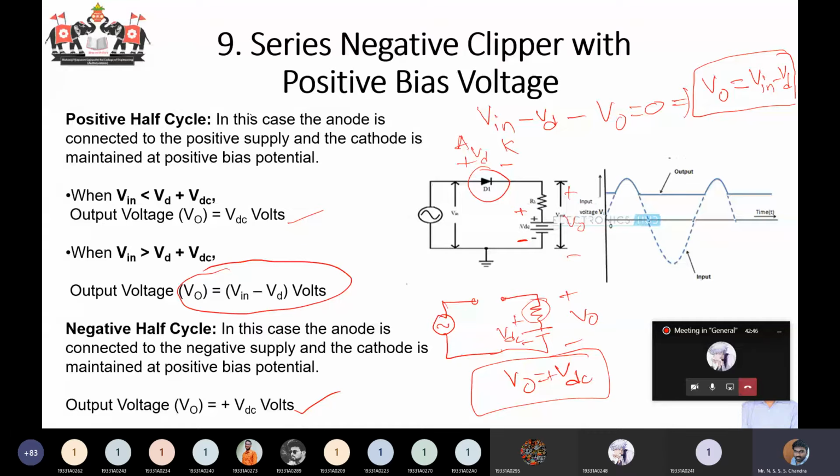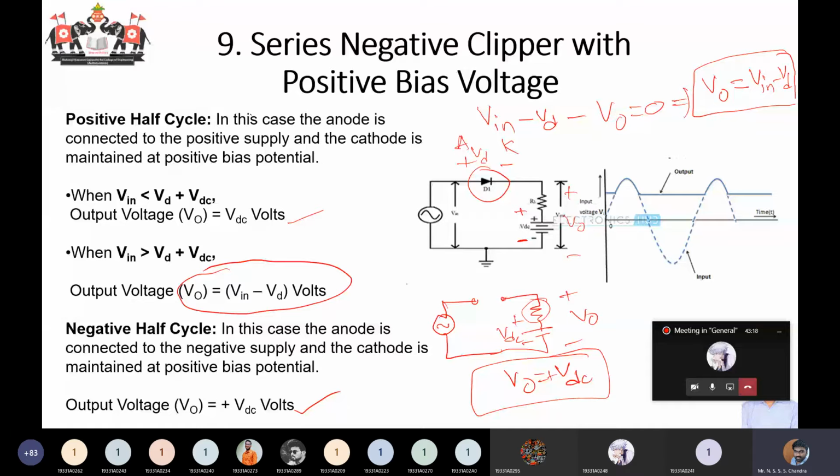By changing a small thing, like changing the terminal of the diode, or interchanging the terminals of the battery, you get a new circuit, or you keep the battery near the source, or you keep the diode in parallel to your output or in series. Likewise, different configurations are possible. So we have series configuration, shunt configuration, biased configuration, and then combination clippers. Okay, and then one more thing that can be asked is numerical problems. A problem can be given to you which you need to solve.